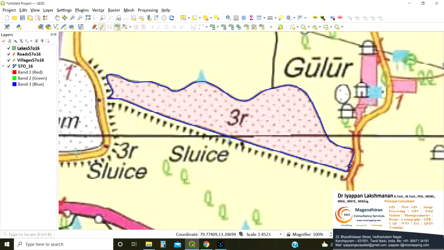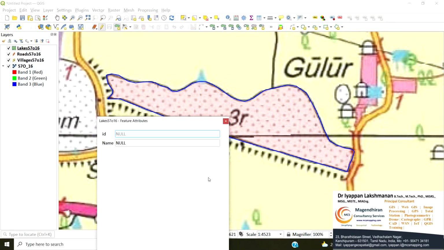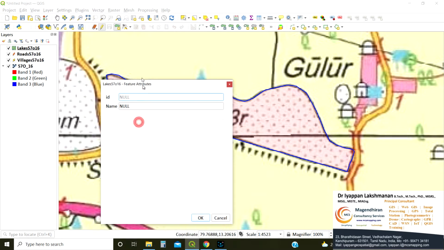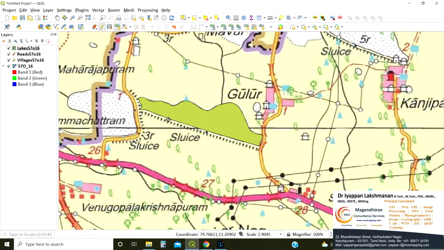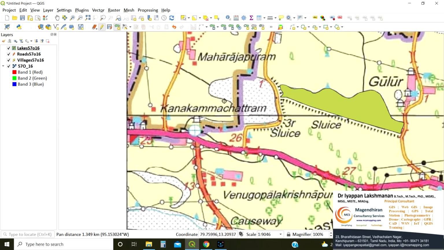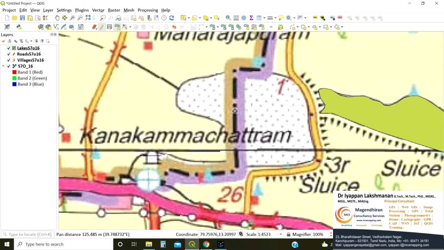Just right click after finishing. I right clicked. I give OK. So I captured this lake. Similarly, we can capture some other lake. Here the boundary may be hidden, but we have to capture the entire polygon.